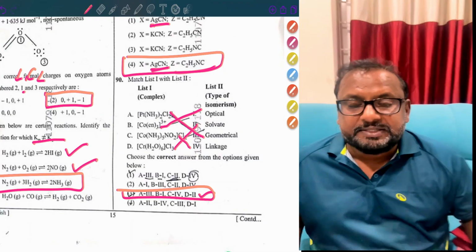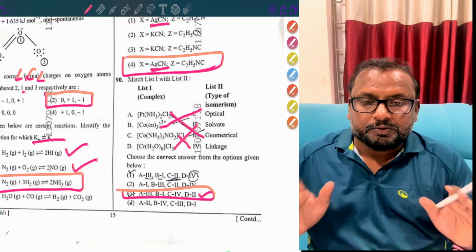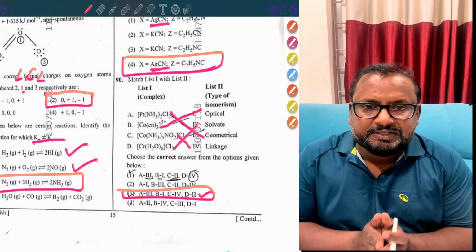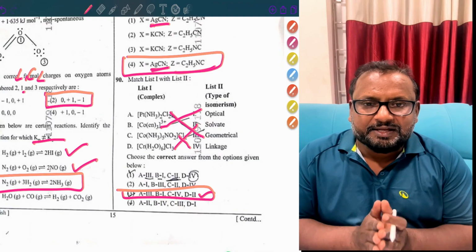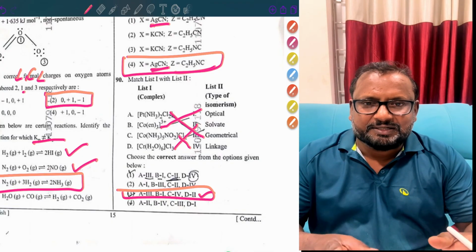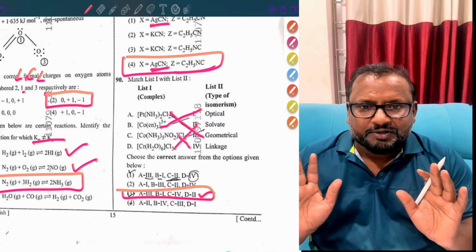So a pretty easy question paper. Most of the questions are NCERT based only. 95% of the questions are from NCERT. And the remaining 5 questions were also asked previously. Okay, so